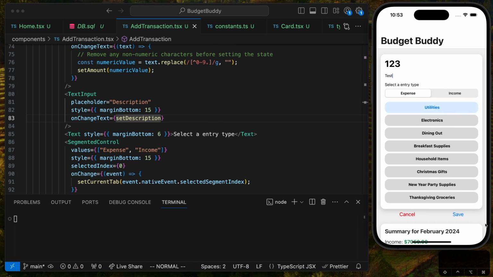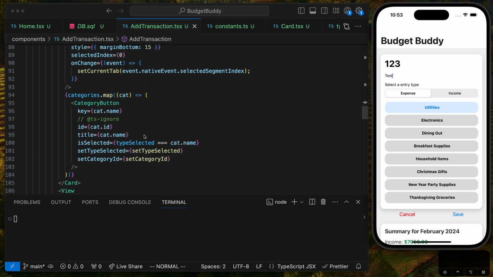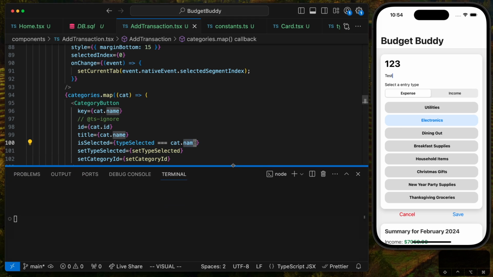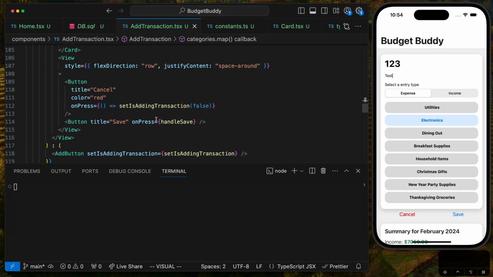And if I hit, is selected is equal to, it's going to be true if the type selected is equal to the category.name. Okay, so electronics, if it's selected, background blue, and this is the current value that we are setting. As soon as I press save,